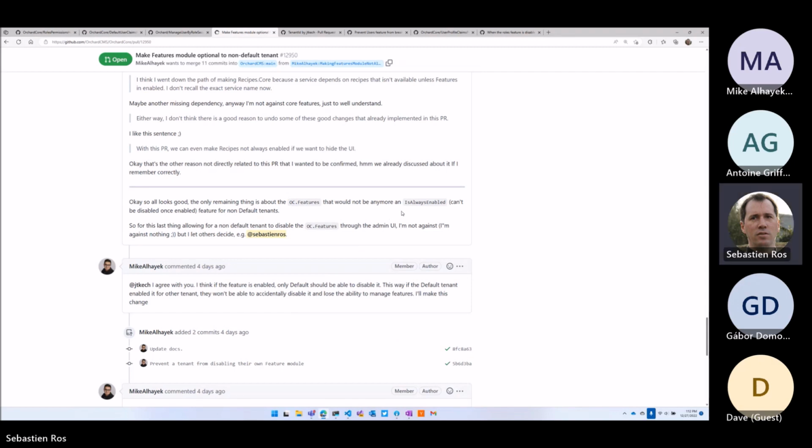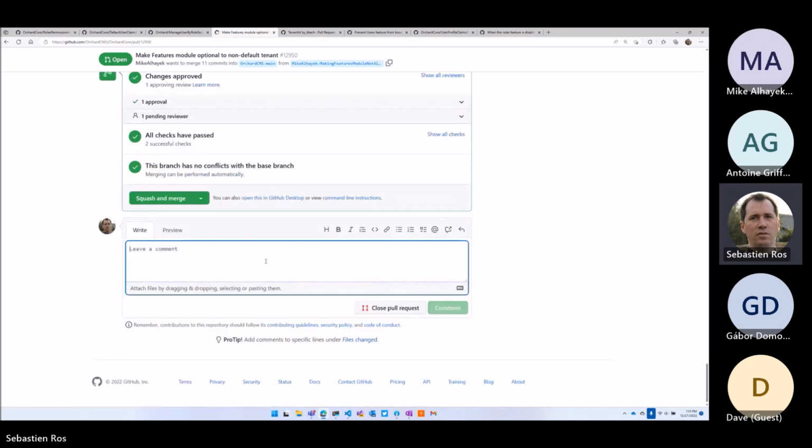So if a tenant can't enable the feature, then they shouldn't be allowed to disable it either. Yeah, which is exactly what this case is. So you can't enable it, you can't disable it. Okay, but if a tenant can enable a feature, they can disable it. Yes. Okay, I will write it down. That's what I understand. If a feature, any feature,